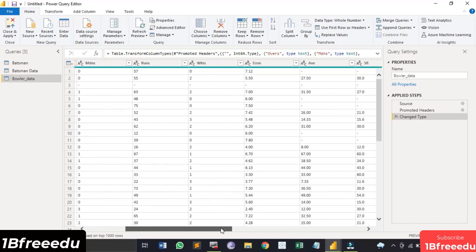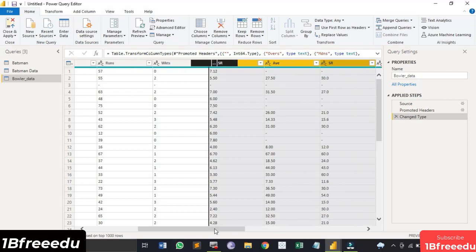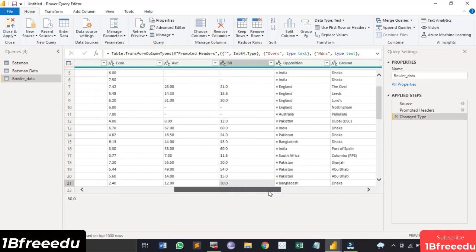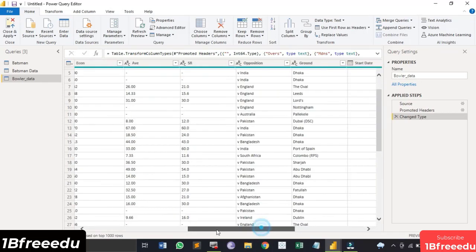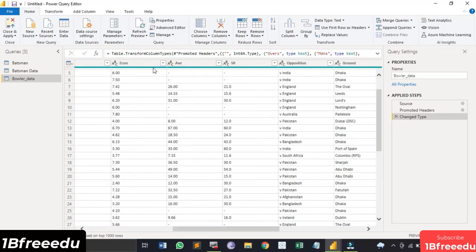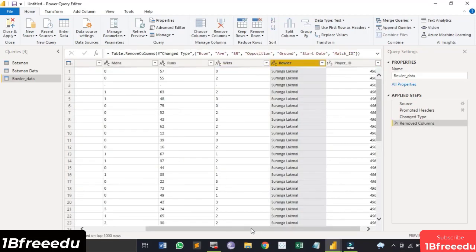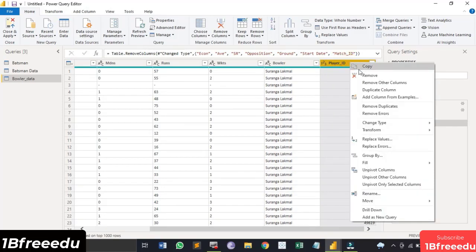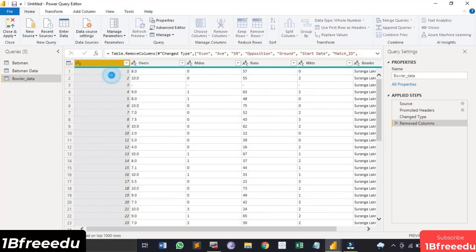We can remove this serial number column, this economy column, average and the strike rate columns, okay, and the opposition, ground, start date, and the match ID columns. So let's just select all the columns in one go which we want to remove, and remove them all. We can also remove this player ID, we don't need it. We also don't need this particular column.